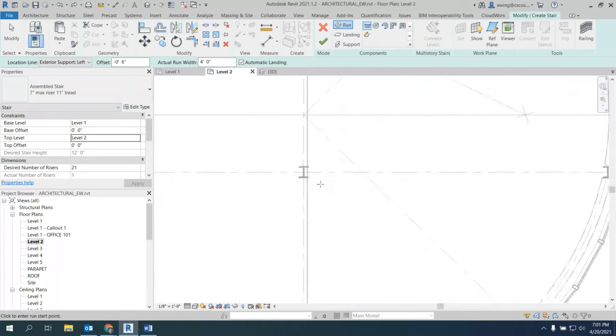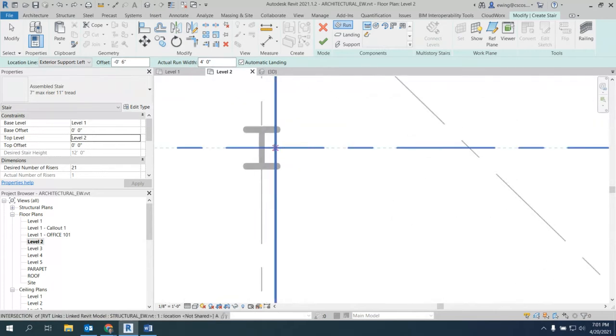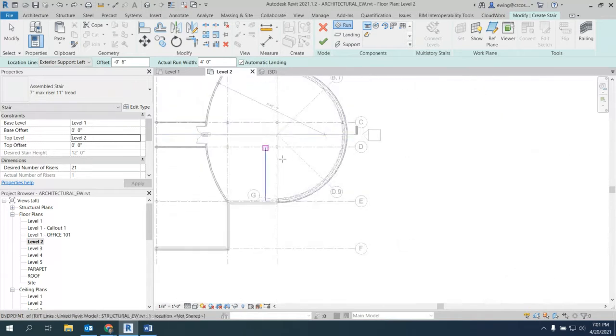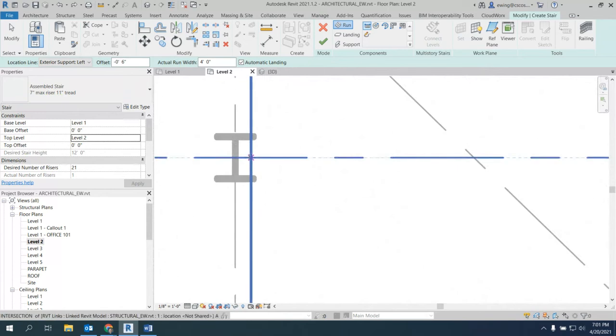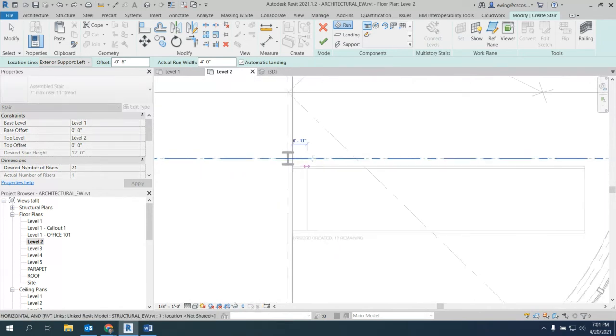Okay. Now we're going to zoom into here, and you're going to pick this intersection right here. You see where I zoomed into? Right here, this area right here. So I'm going to pick this intersection right here. Now I'm moving my cursor over to the right, and you can see it start to count the stairs I have created and the stairs I have remaining, right? It's hard to see it, but it says 11 created, 10 remaining, and then my increment is 9'2",